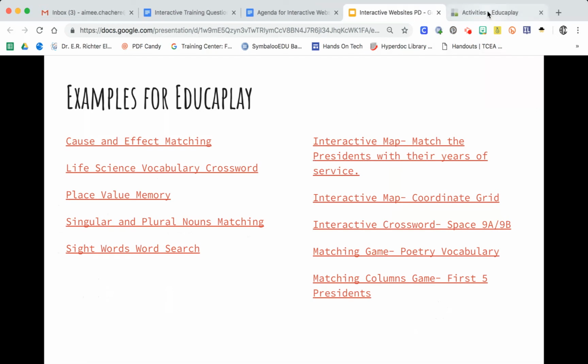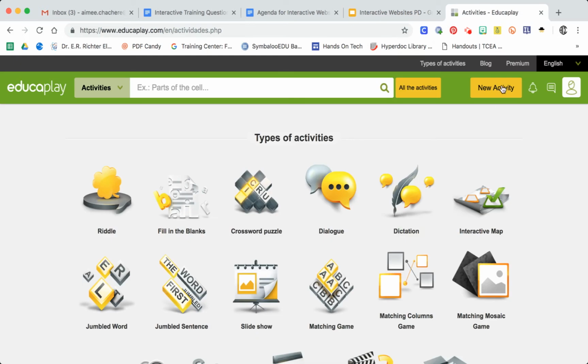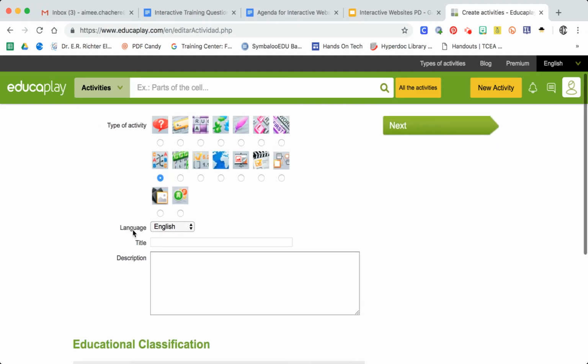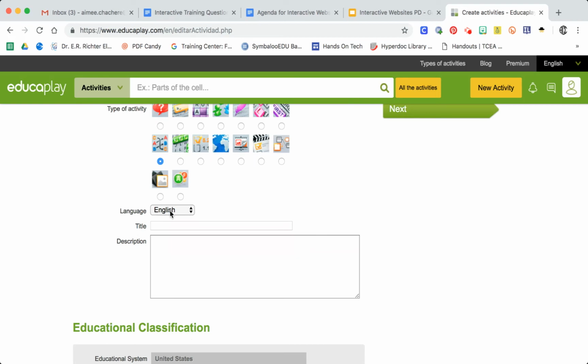So we're going to go back to Educate Play, and I'm going to walk you through creating an activity. These are the different types of activities that are available for you to pick from. When you hover over them, it will tell you what the title is. Once I click on, I'm going to make a matching activity. You have to select the language, and then you'll have to give it a title